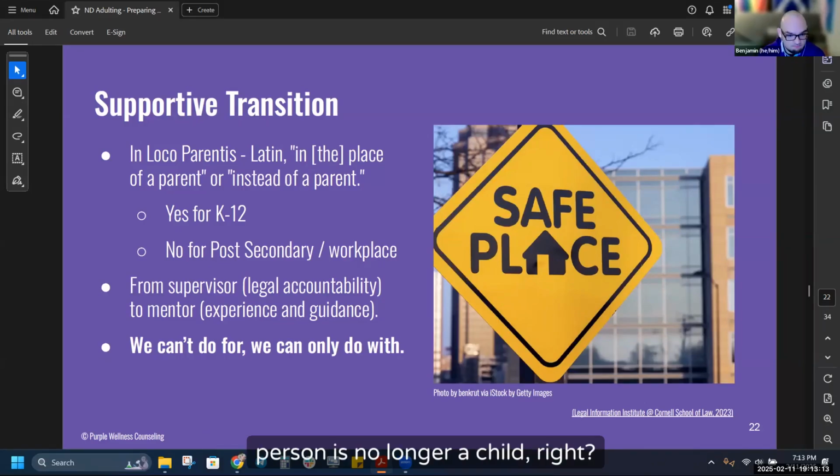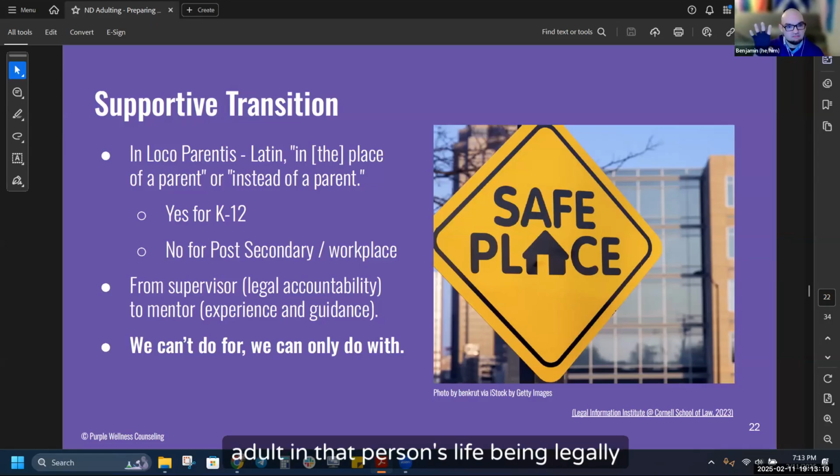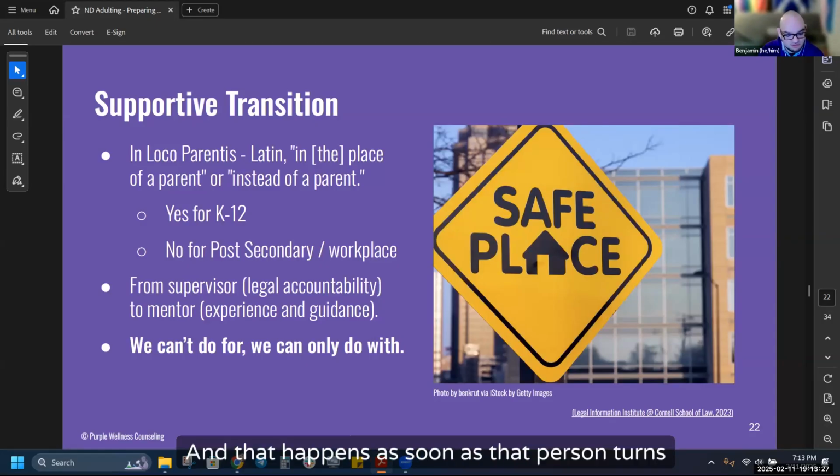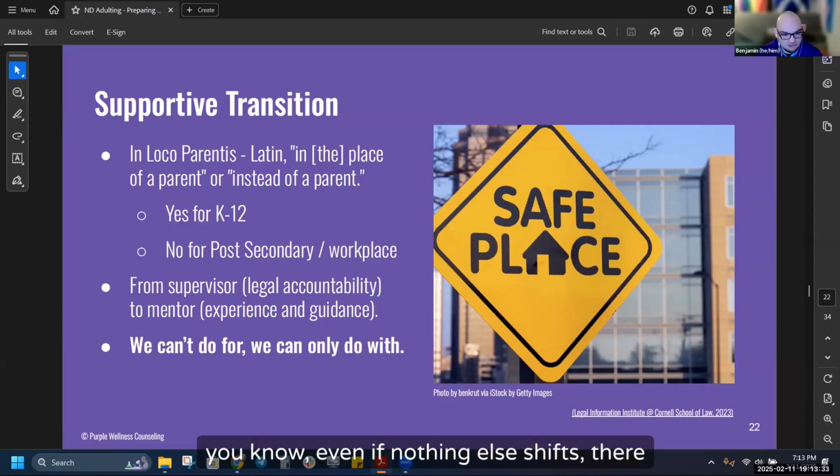When we're in a post-secondary or a workplace setting, and we're over the age of 18, that person is no longer a child, right? And so the transition goes from the parent or adult in that person's life being legally responsible for their well-being, for their education, to that individual's responsibility. And that happens as soon as that person turns 18. So even if nothing else shifts, there is this legal reality that once that person turns 18, there are certain things that they're simply accountable for on their own at this point,